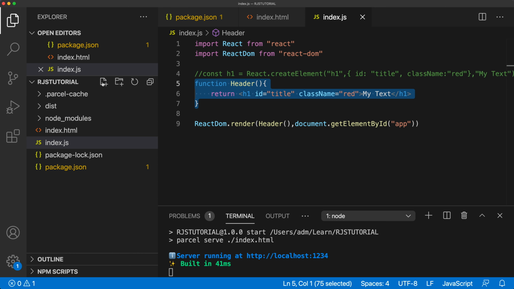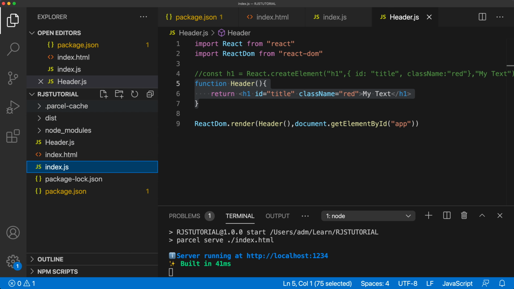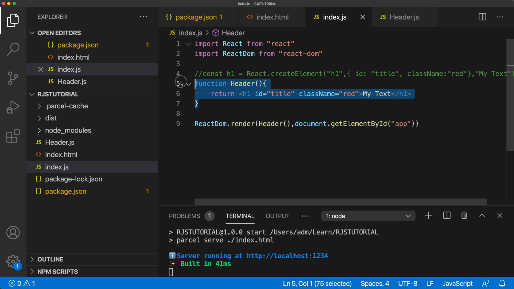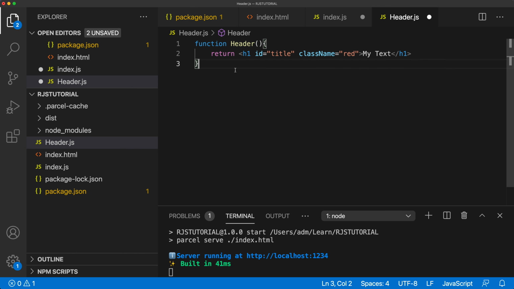So I can just go here and create another JavaScript file, and I'm gonna call it header.js. And again, as you remember, the name of this file doesn't really matter that much, but probably a good idea to name it the same thing you're gonna call. And then over here, I'm gonna basically just grab all of this and paste it here. And then to be able to get to that, we're gonna do export default that function